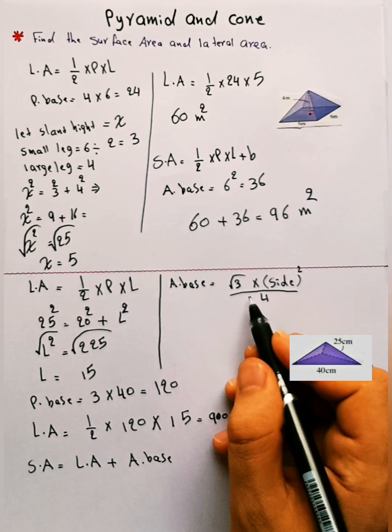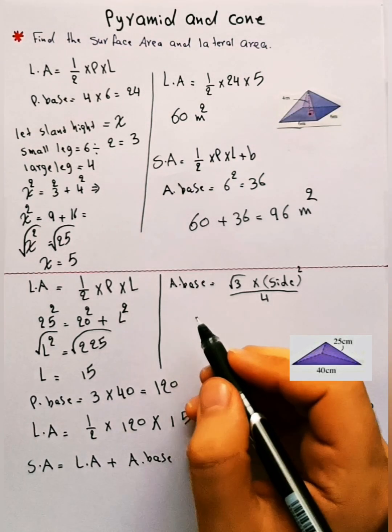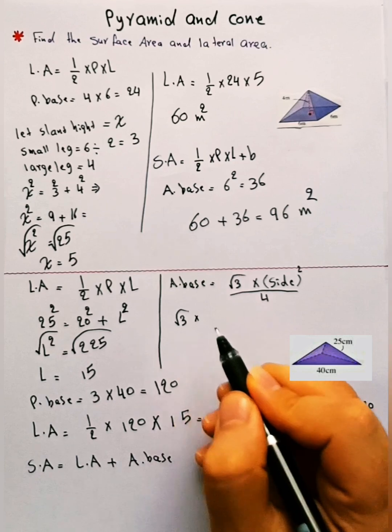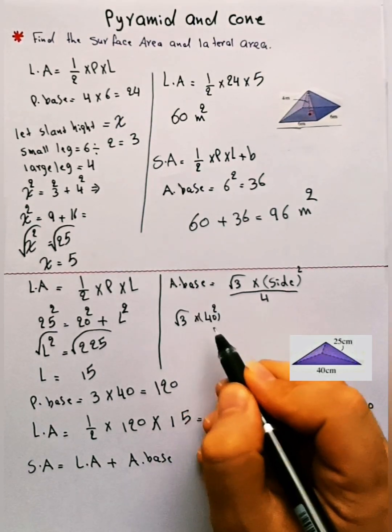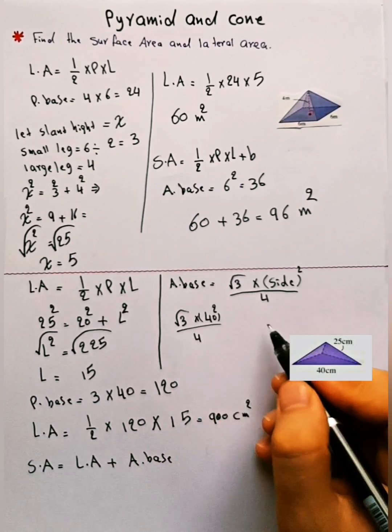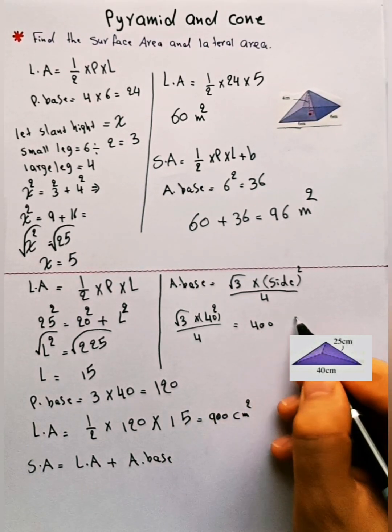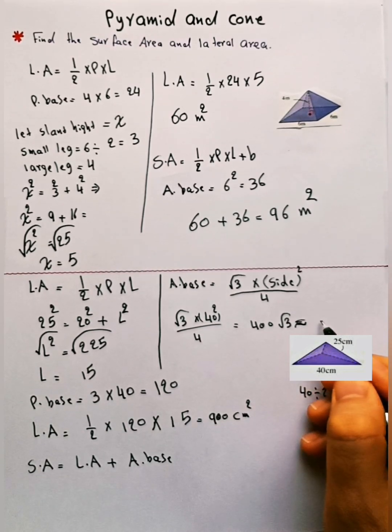We have to use this rule for a triangular prism. So we have root 3 multiplied by side, which is 40, square out of 4. So the answer is 400 root 3, approximately equal to